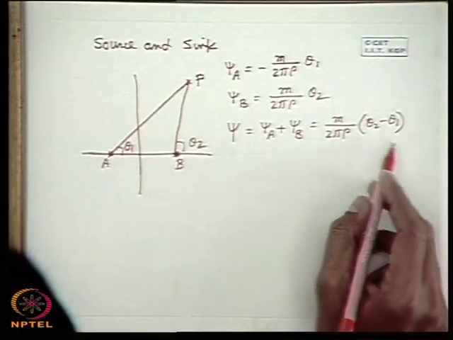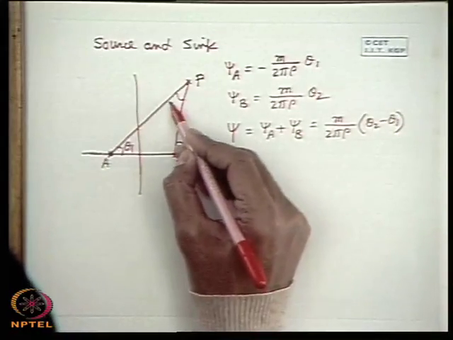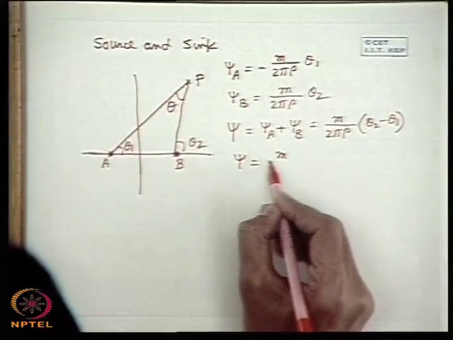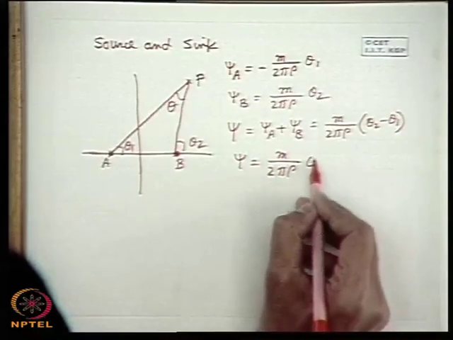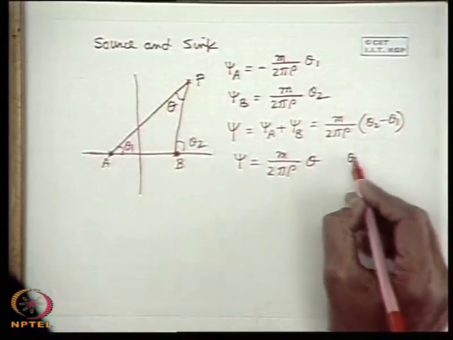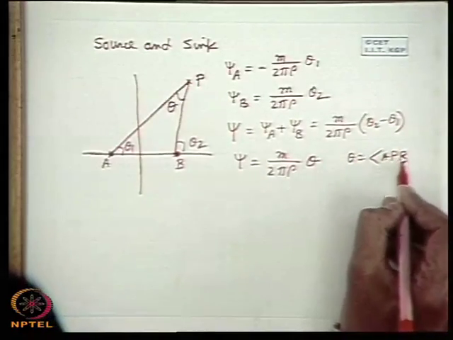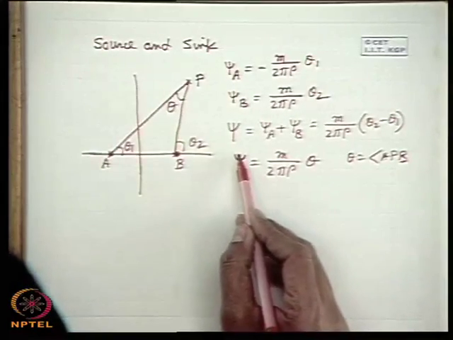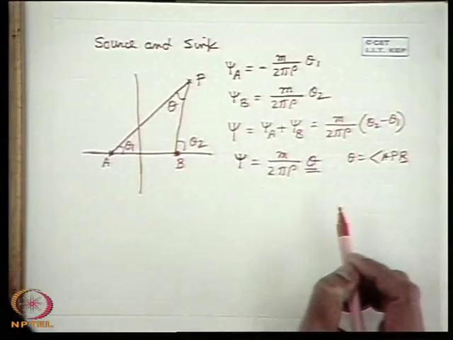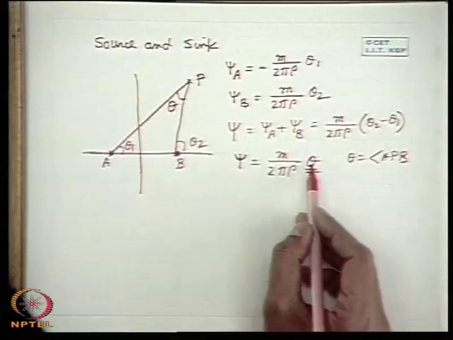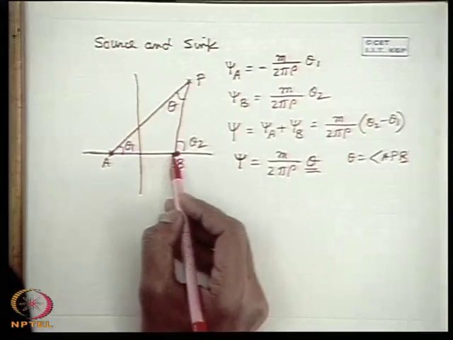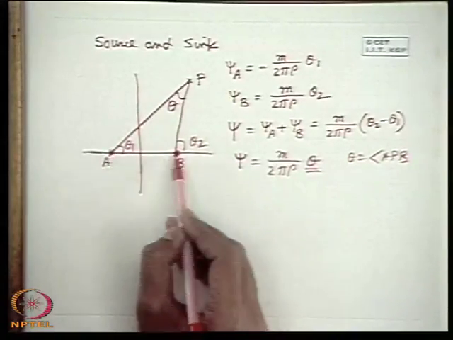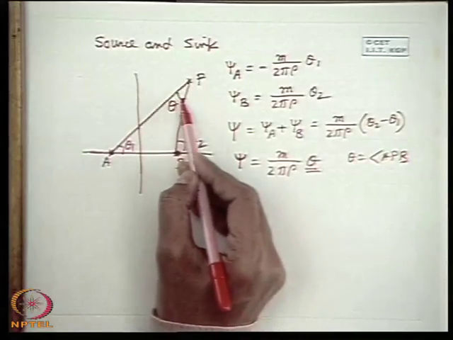All right. So this theta 2 minus theta 1 from geometry is this angle. So therefore, we see psi is equal to theta, where theta is the angle APB. Now here we see one interesting thing, that the constant psi function lines, that means streamlines, are those lines along which theta is constant, because if we put psi equal to constant, that will give theta constant, which means the streamlines will be circular arcs with AB as the base chord, so that this angle will always remain constant.